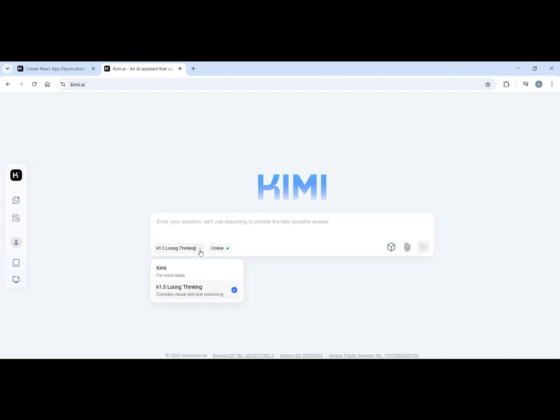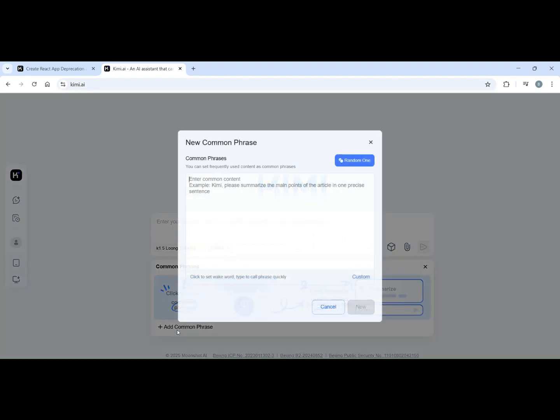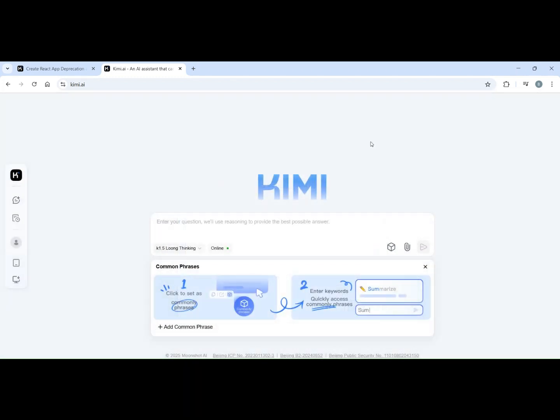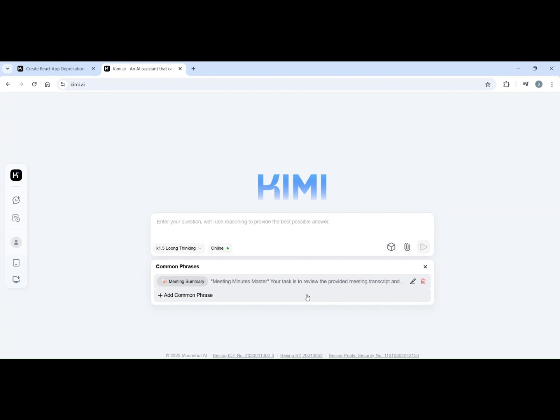There is an option for Kimi 1.5 long thinking, and it's going to be online, and it has common phrases, right? So if you ask it to summarize, it's going to do that as well. And any random one, right? So if you ask it to review a provided meeting transcript, it's going to do it. It has the capability of handling more than 50 files. It's amazing because usually you're not going to get that in the free